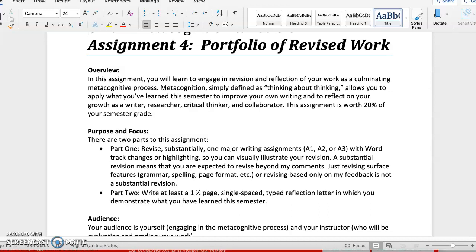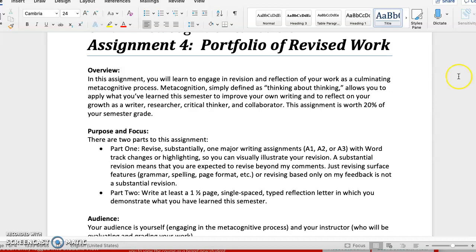With the caveat being that if you'd like to revise your A3, if you anticipate that this will offer the most opportunity to make substantial revisions, those are revisions that go well beyond the comments that I've made to you. If you anticipate that A3 is that piece for you, please email me ASAP or by 8 a.m. on Thursday so that I can give priority to your A3 for grading. I can't guarantee, depending on the number of people, that I can get A3s back in time for this revision, but I will try. So let me know as soon as possible. I anticipate that many of you will be looking at your A2s.